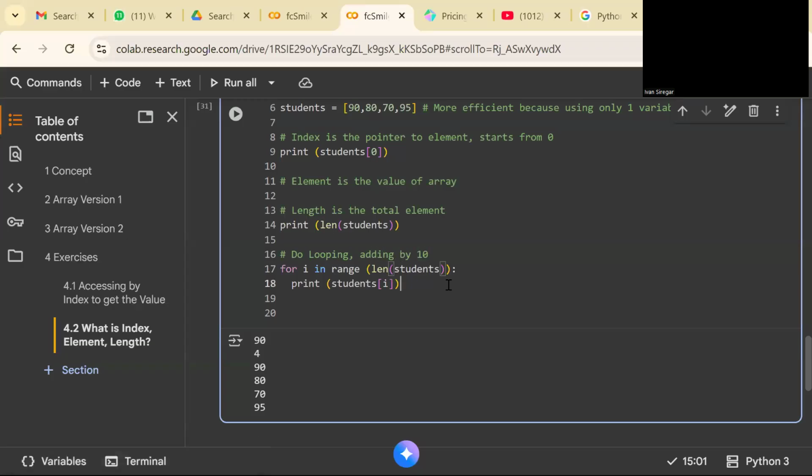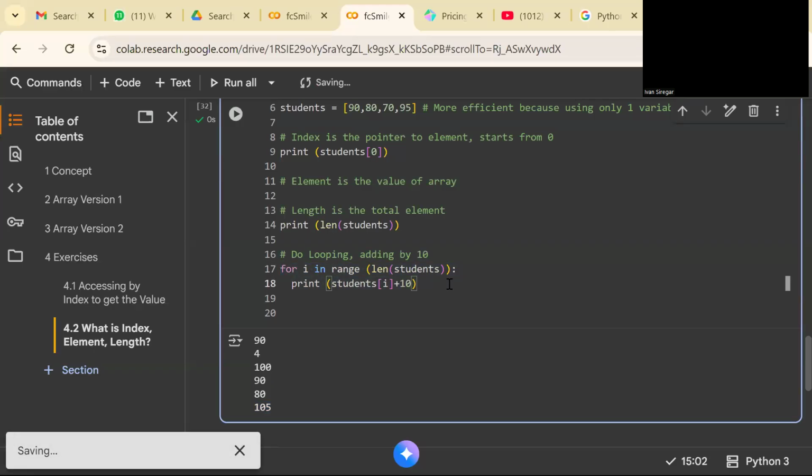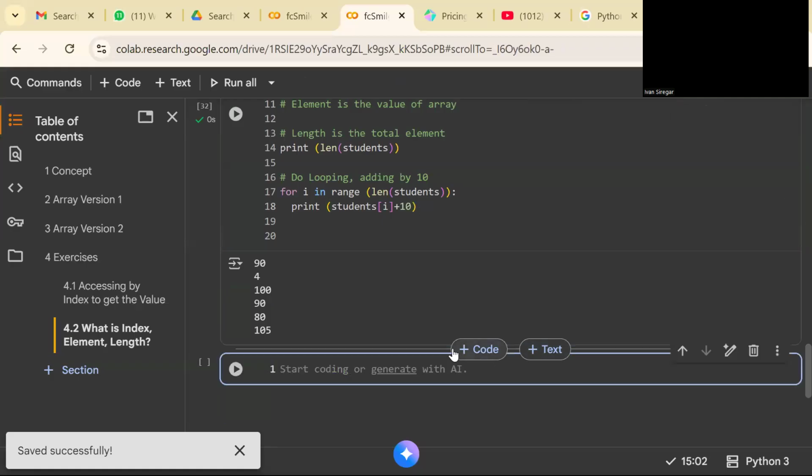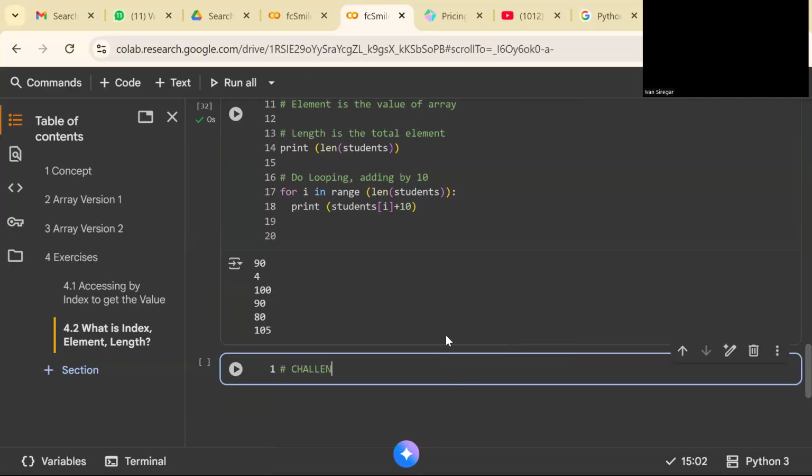So you can print with plus 10. So every element will be added by 10. Okay, so I leave you the homework. The challenge here.